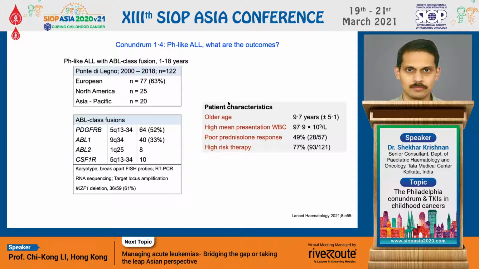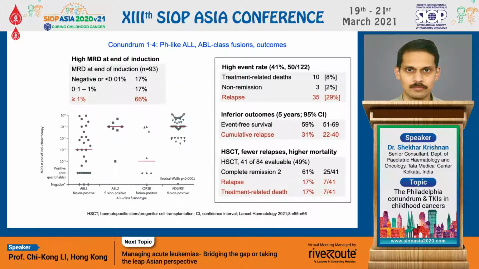And look on the right, because of older age, poor presenting counts, or poor response, high risk, and the majority of them required high-risk therapy. So you can see they have high-risk features. And if I draw your attention to the headlines, what you can see is these patients had poor risk features, high MRD, high event rates, inferior outcomes, and even with HSCT, even though the relapses were minimized, there were high treatment-related